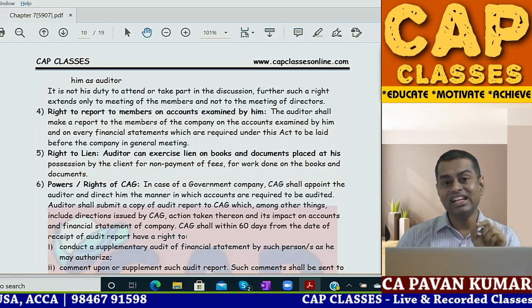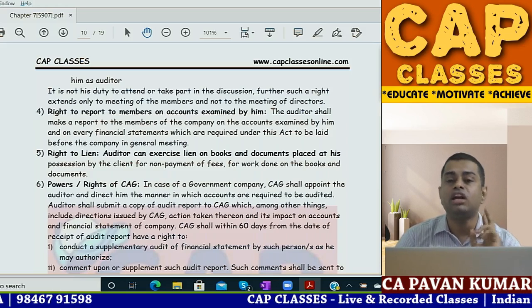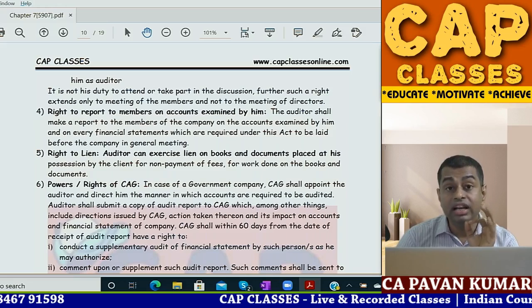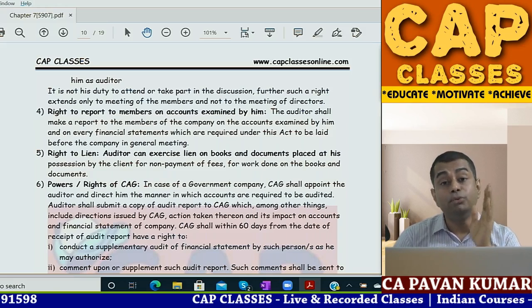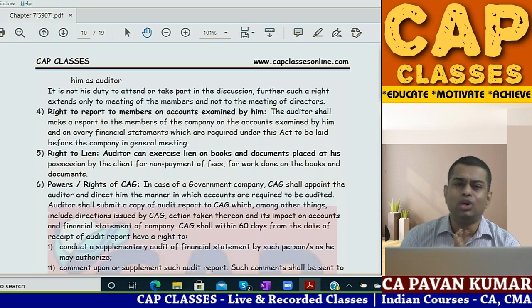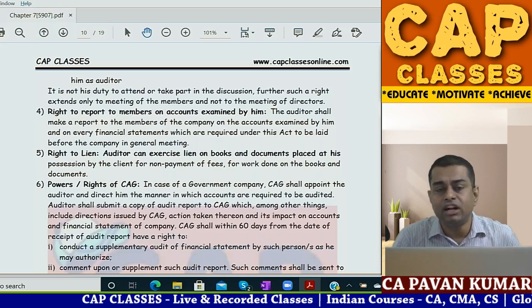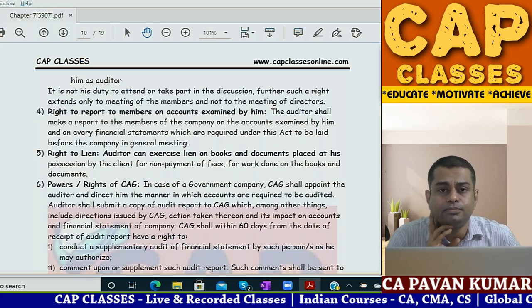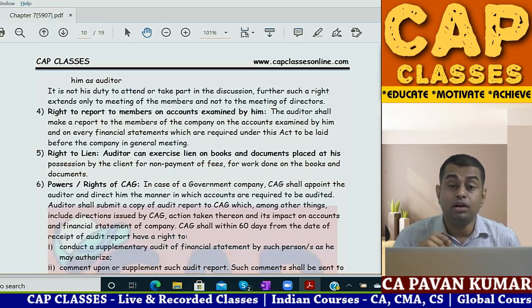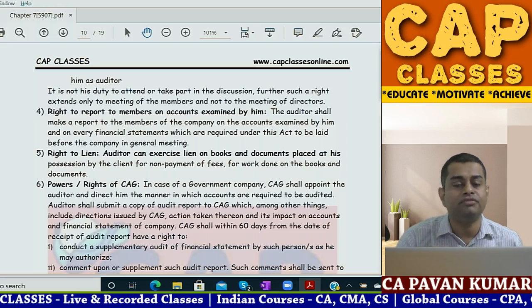Can I exercise lien on audit report? No. Because unless you give audit report, company cannot convene AGM. So lien can be exercised only on the books of account, not on the other property of the company. That too, I'll tell you one simple equation, okay? You might have studied section 128, 129 of the Companies Act. Proper books of account. Books of account shall be maintained at the registered office of the company.